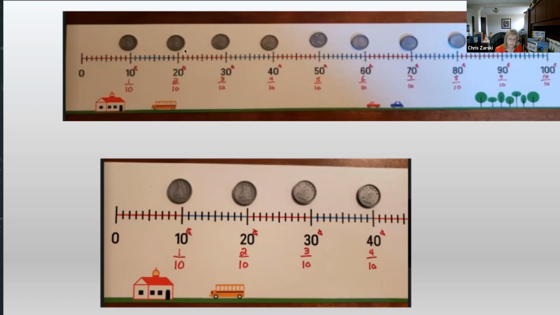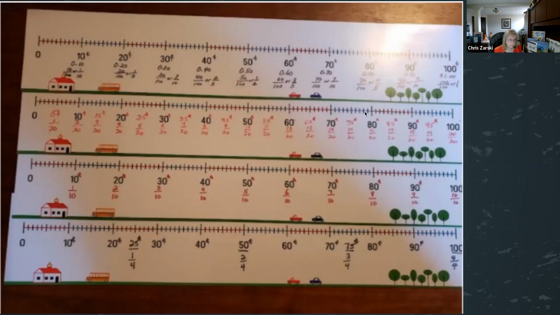This was our second dime out of a possible 10. Some students write it as 2 bracket 1/10. Some students write it as 2 over 10. Either way is how they're thinking it through. They are jumping by a unit fraction. Each of these is 1/10 of the line long. And I jump along, jump along, jump along 10 times till I get to 100 cents. So this is what it looked like when we did our work in session 3, where we talked about putting them all on a number line.